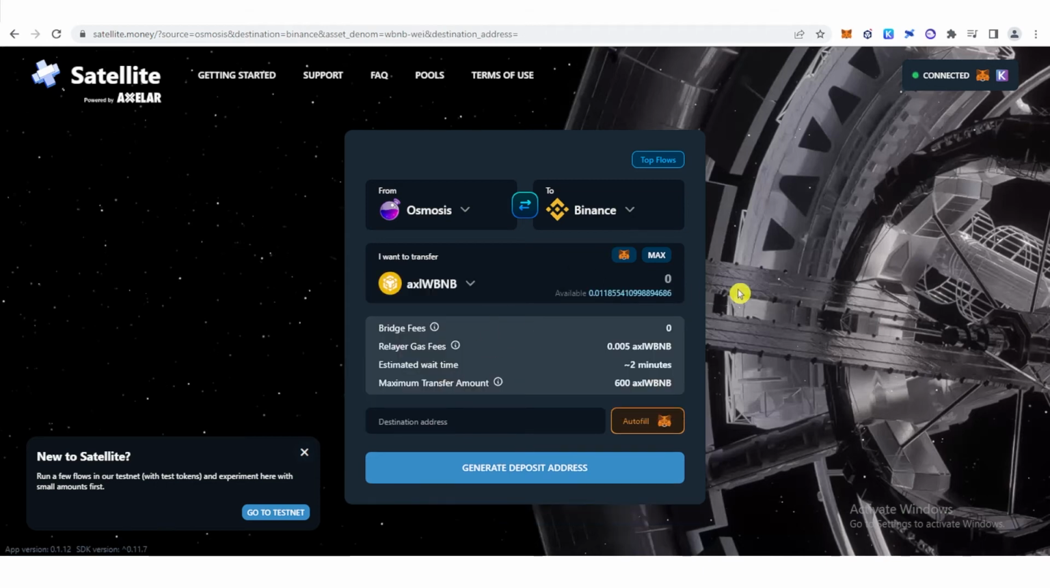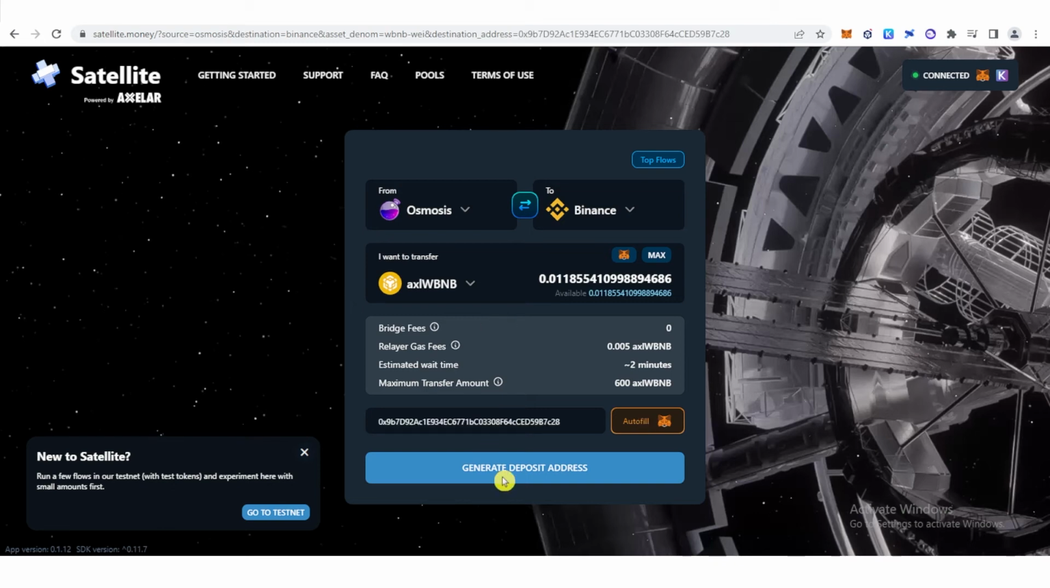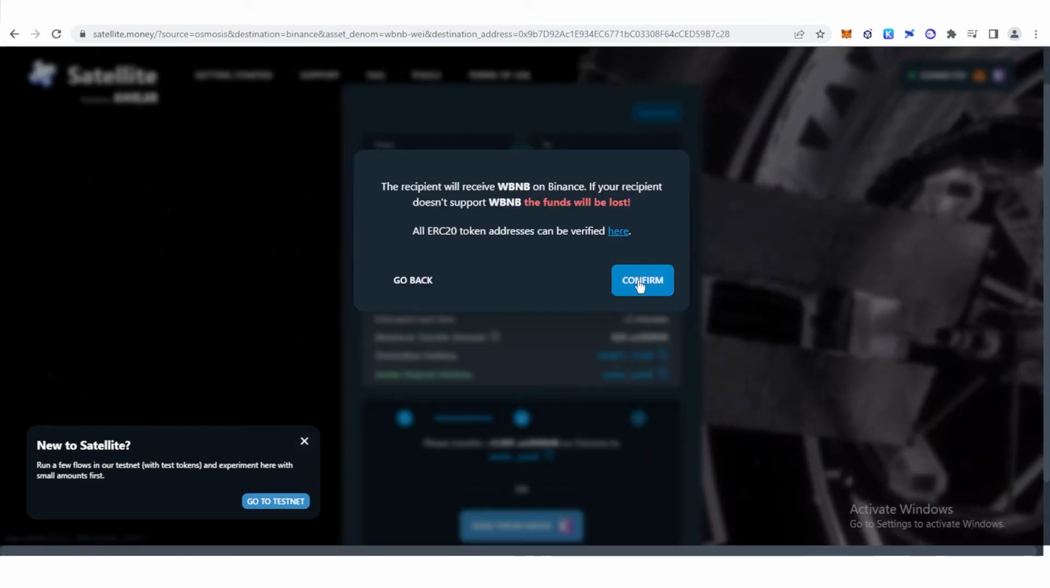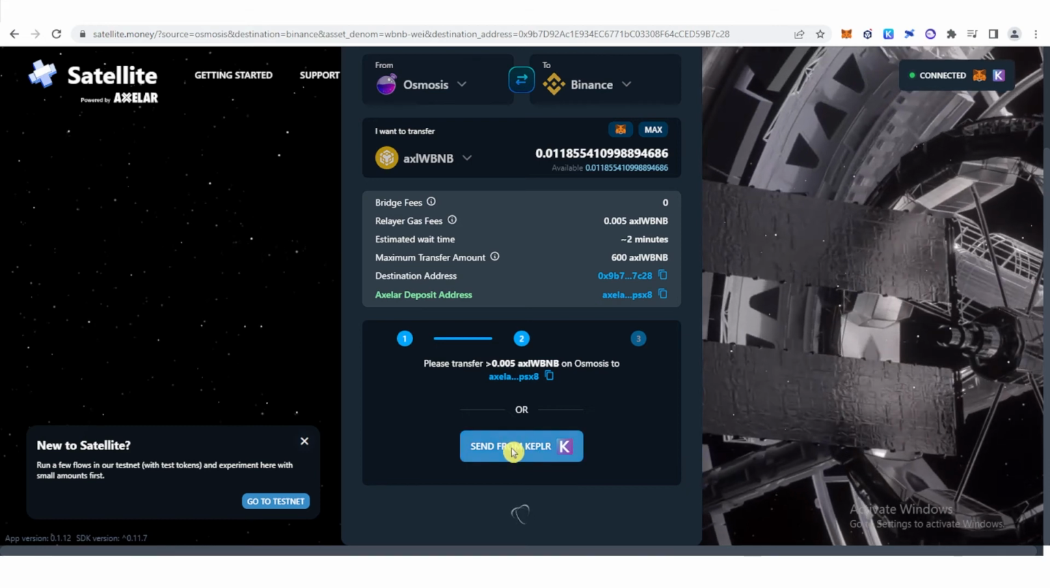Then you can type the amount of Axelar wrap BNB you want to transfer, but make sure that it is above 0.005 Axelar wrap BNB. Now I'm going to choose the maximum amount of Axelar wrap BNB. And you can click autofill here so you don't have to copy and paste your destination address. Click generate deposit address, click confirm, click send from Keplr,